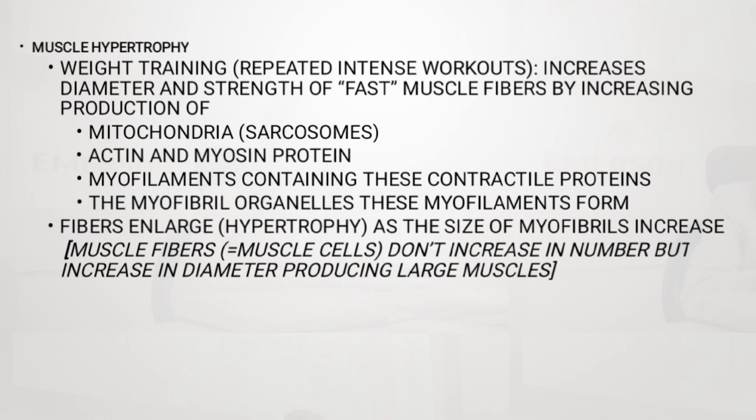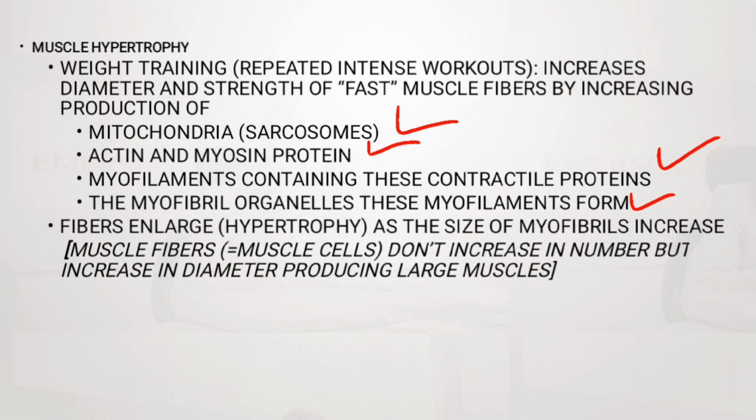Then some applied anatomy, to be specific, there's what we call muscle hypertrophy. So for instance, when weight training, where there are repeated intense workouts, it increases the diameter and strength of fast muscle fibers by increasing production of mitochondria in the sarcosomes. Then the actin and myosin protein production also increases. Then the myofilaments containing these contractile proteins also increase, and the myofibrillar organelles,